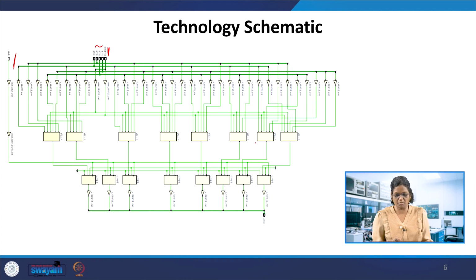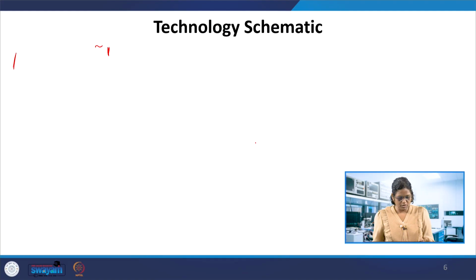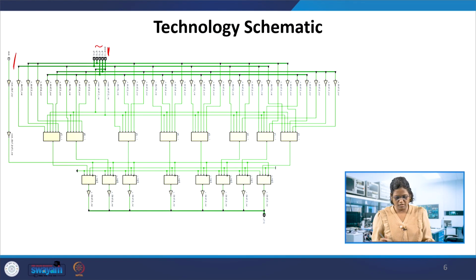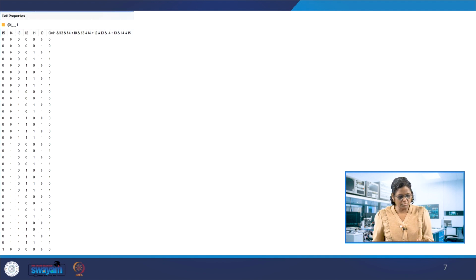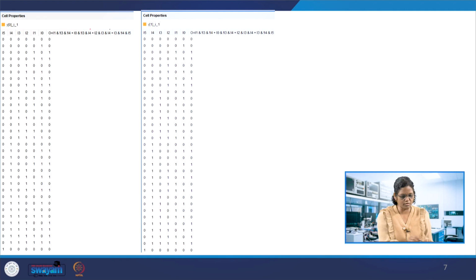This technology schematic conveys that there is a register, a flip flop, at the output. The lookup tables, or truth tables, in the cell give the details of all the 8 output bits, 0, 1, and how these are made.